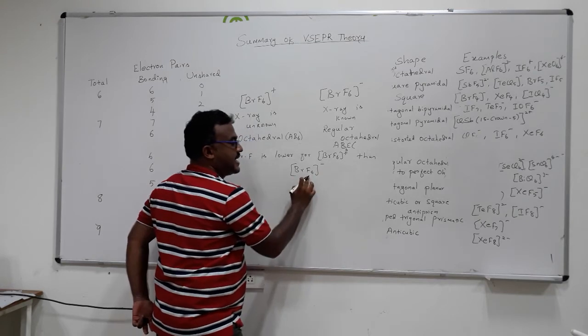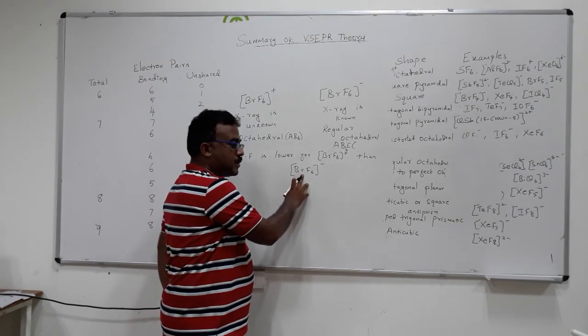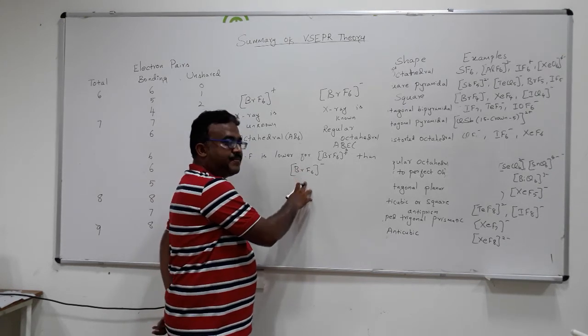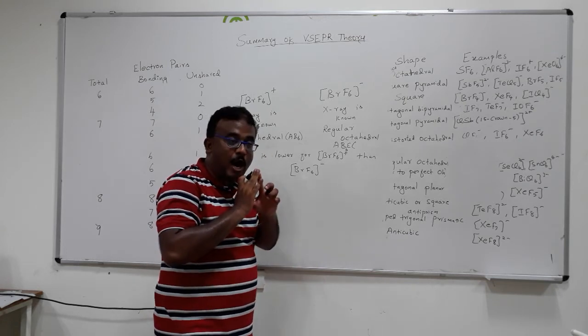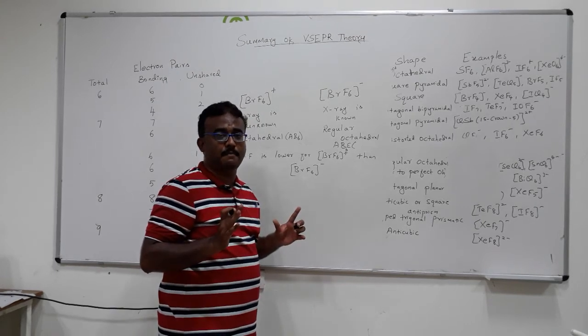This one has a higher bond length compared with this one. Why does it have a higher bond length? Even though it has a stereochemically inactive electron pair which is present inside the nucleus and is not involved in any kind of bonding or changing the geometry of the molecule,